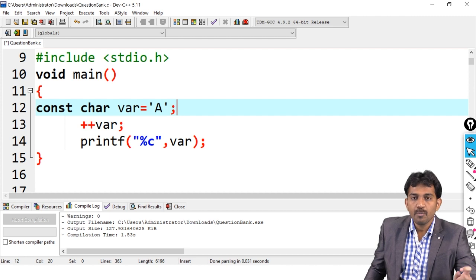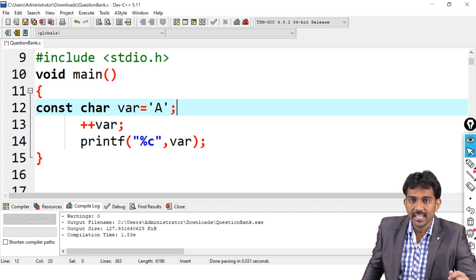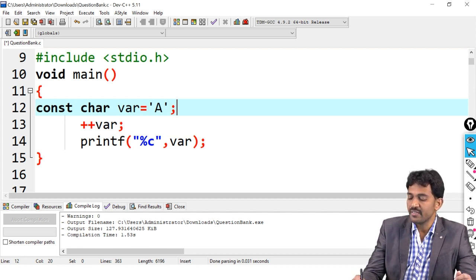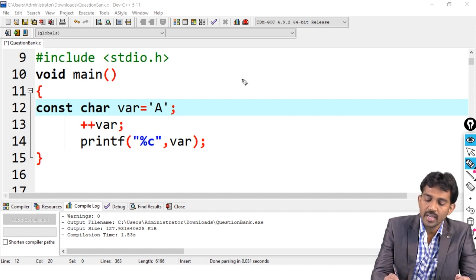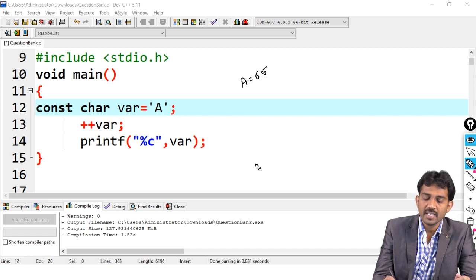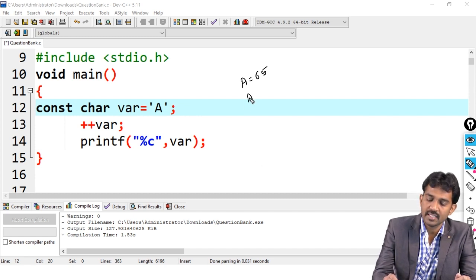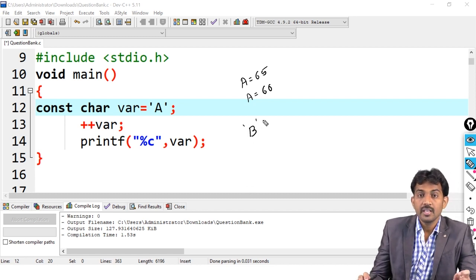Generally, if you perform operations on the character type, by default the value is converted into an integer. So what is the ASCII value of A? The ASCII value of A is 65, right? If you apply ++ on it, that value goes to 66, right? If you go for the printing, by default it is going to print B. That is the general concept.